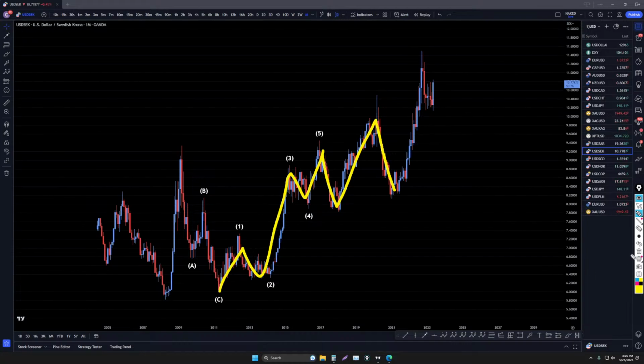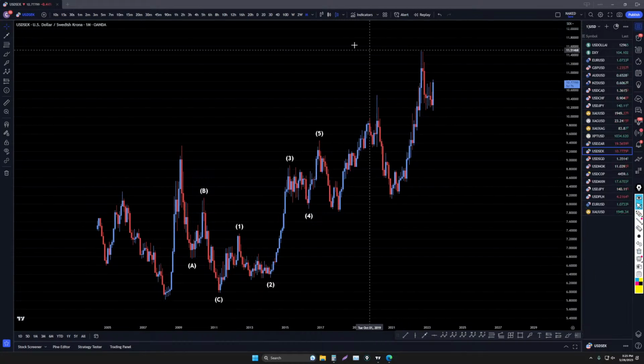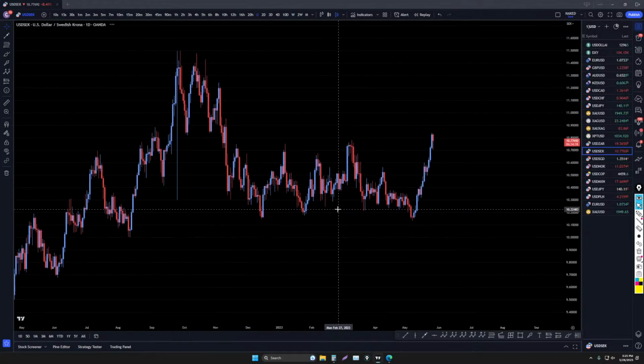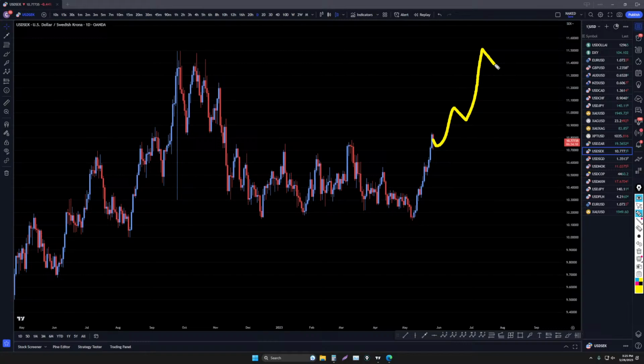This is the monthly time frame, but that does look like an ABC down, though. It definitely looks like an ABC down, which would make you think that this is going to at least go back up to this high. Yeah, this one doesn't really look that convincing that the dollar's done going down. It looks more convincing that it's going to keep going up, honestly.